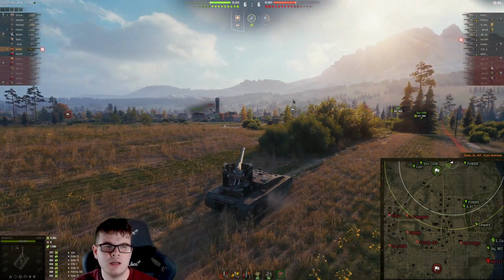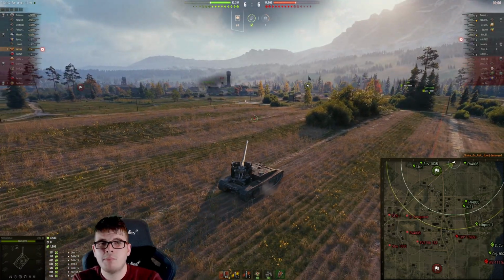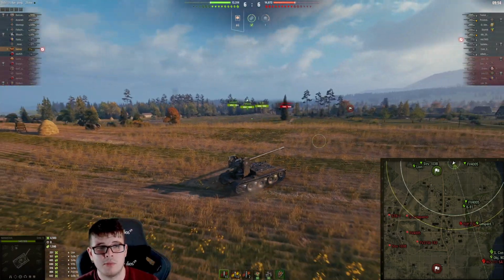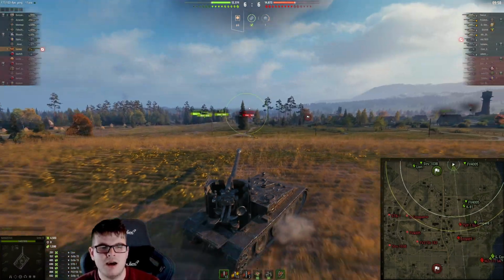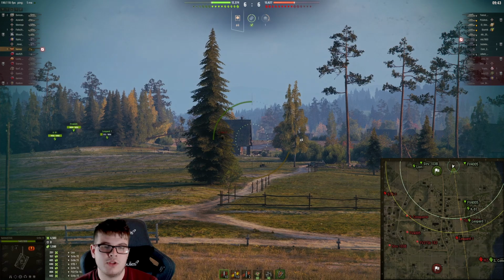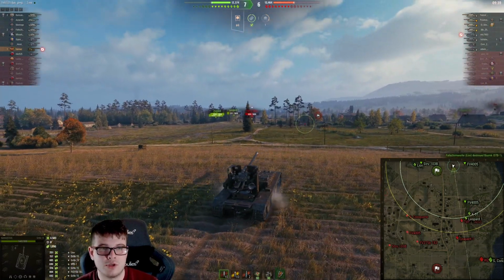Now, unfortunately, right here he does get actually spotted. Could have pulled back behind the bush, but remember with the Grille's dispersion when moving, when you do try and pull back behind a bush, given the fact that opponents tend to typically move during the period of time that they're spotted, you can end up actually missing a lot of shells. So sometimes it is better to fire even if you are aiming 100% at someone and you do get spotted